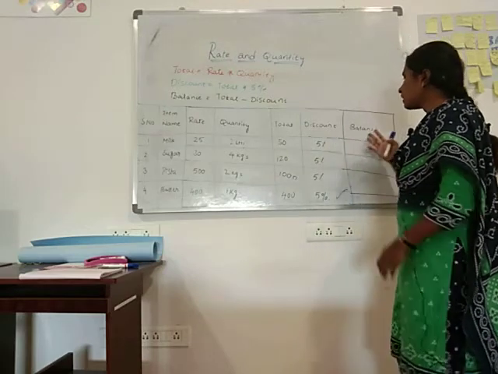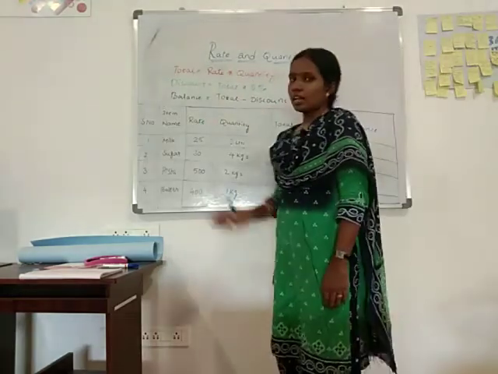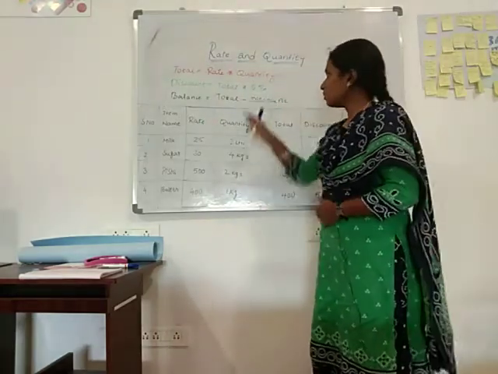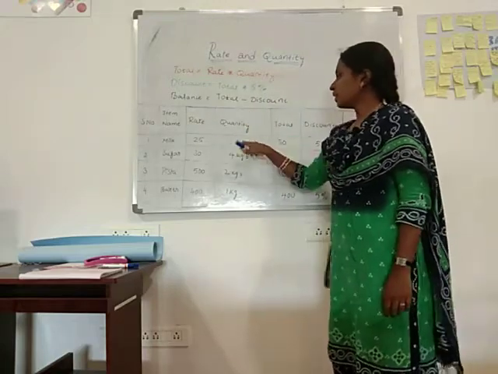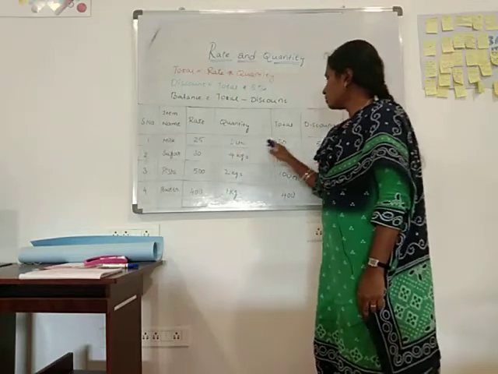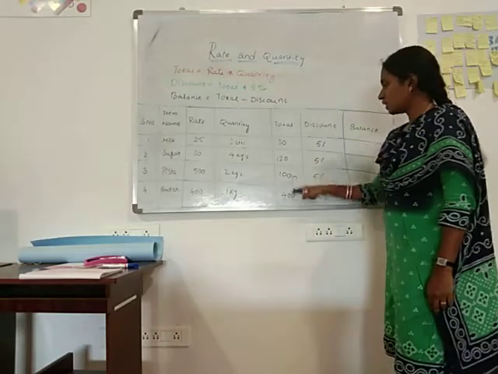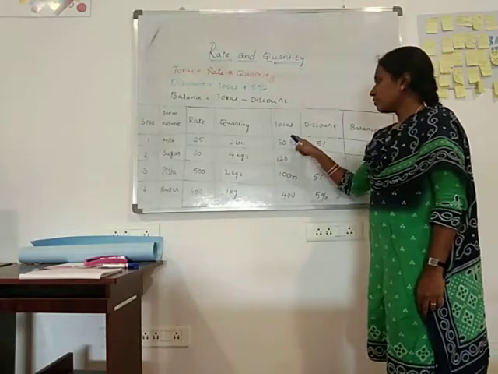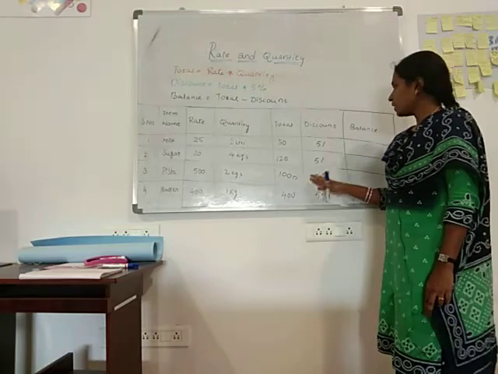So how can we get the balance here? See here, in Excel every formula should start with equals to. Total is equal to rate into quantity. Here we are calculating the total, 25 into 2 we will get 50. There is no need of calculating every cell, just calculate the first cell, and the remaining cells you just drag, and we will get them automatically.